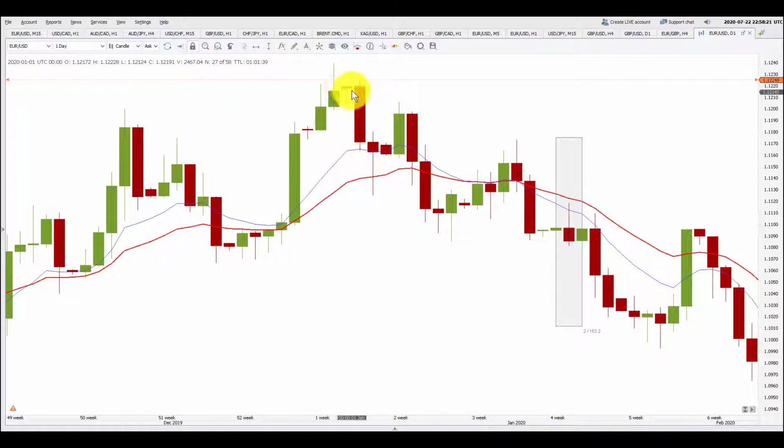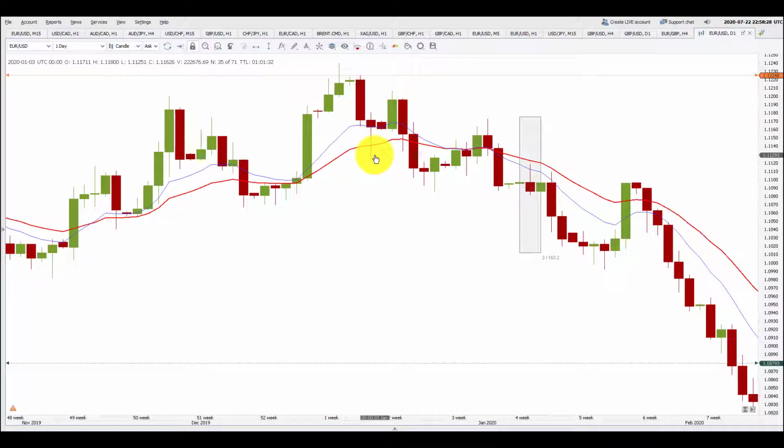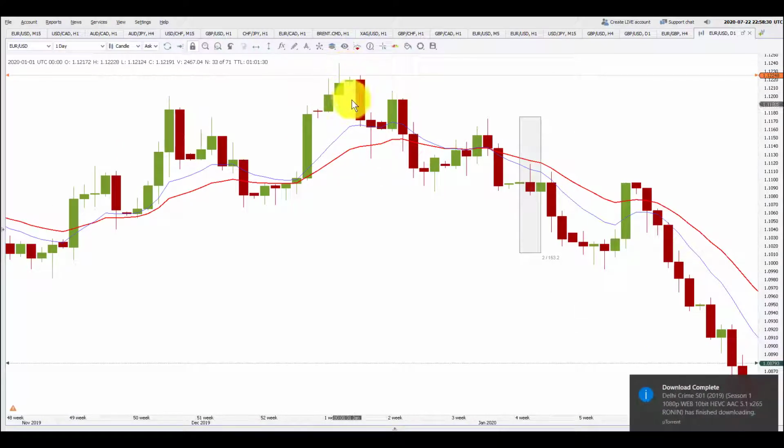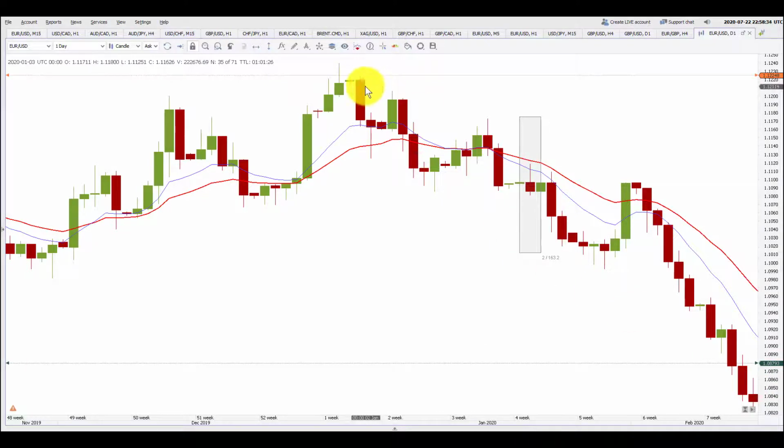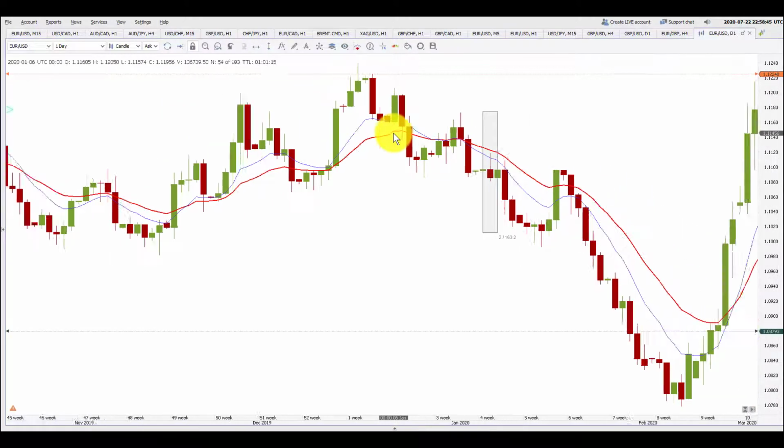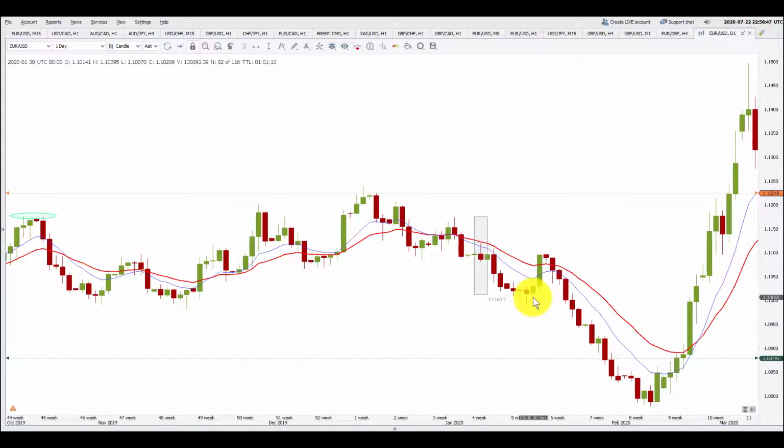Now this says that the following day there was a consolidation of price, and finally the price broke. And see, if there is a bearish pin bar, and after the bearish pin bar there is an inside bar, and after that there is a breakout in the direction of the bearish pin bar, then it has a robust move. You see after that what a move there is in the price.